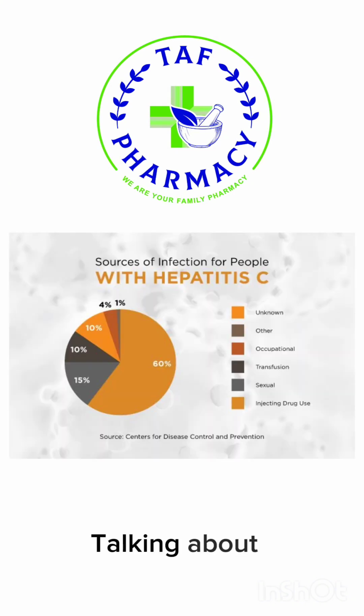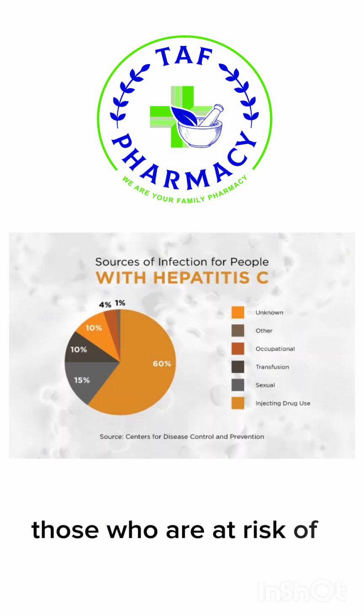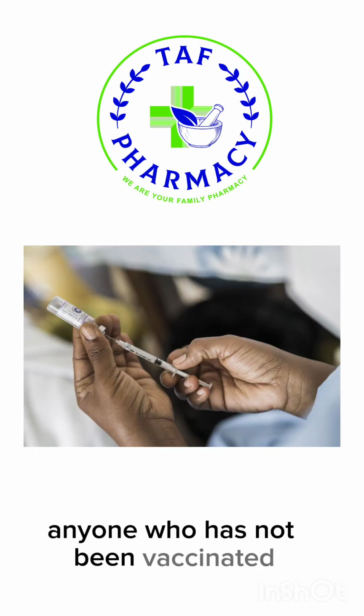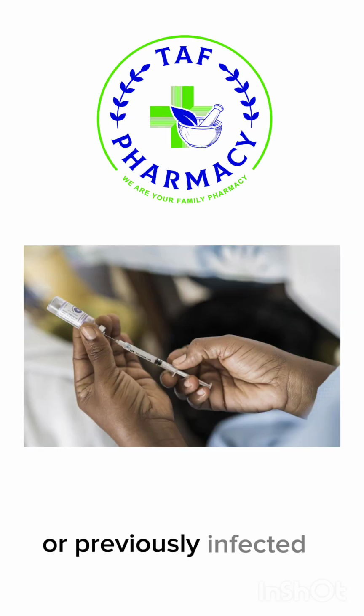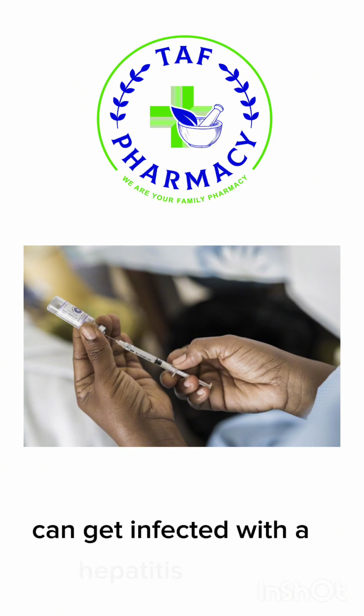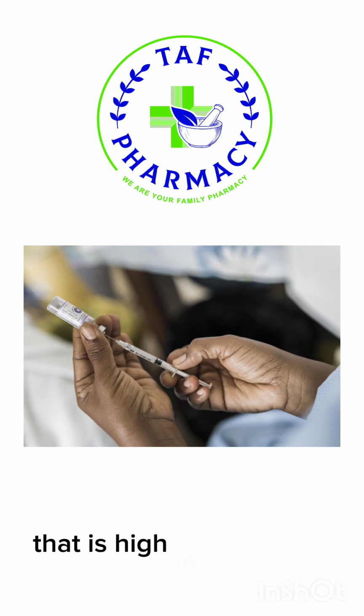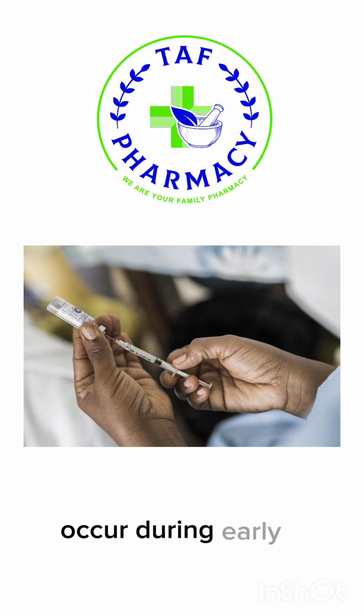Talking about those who are at risk of contracting hepatitis A, anyone who has not been vaccinated or previously infected can get infected with the hepatitis A virus. And in areas where the virus is widespread, that is high endemicity, most hepatitis A infections occur during early childhood,